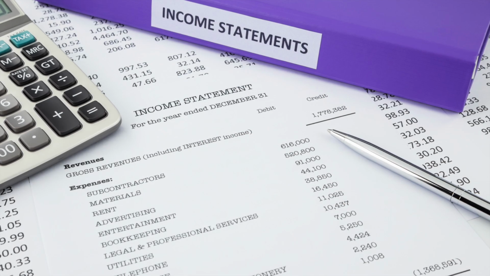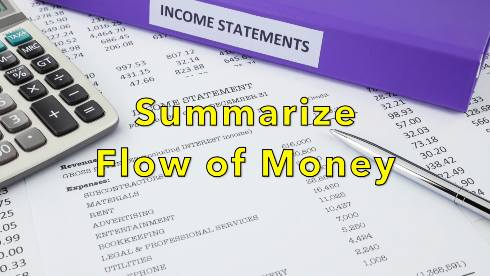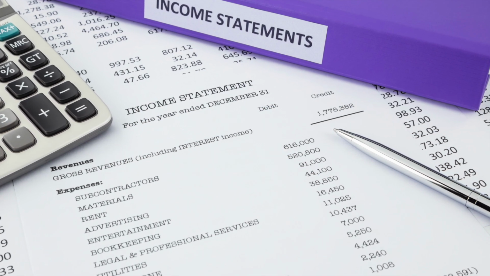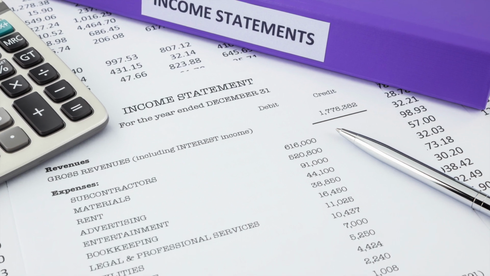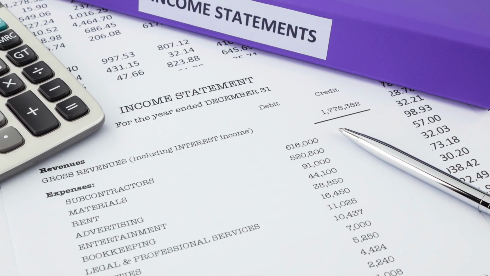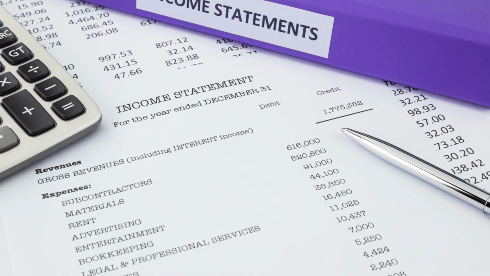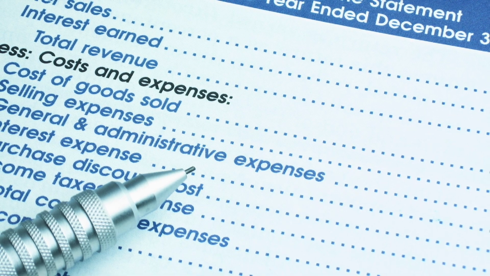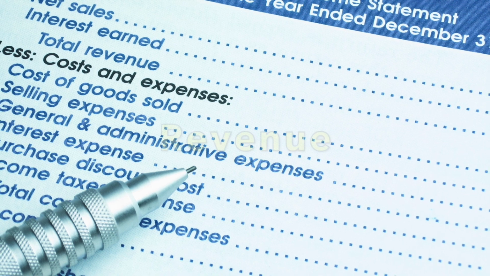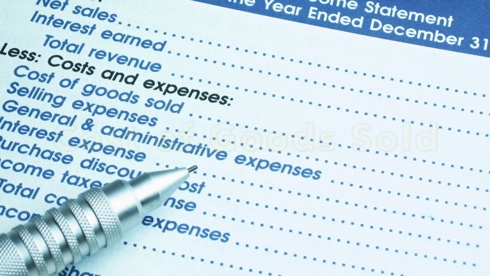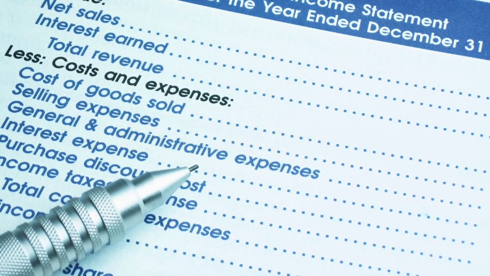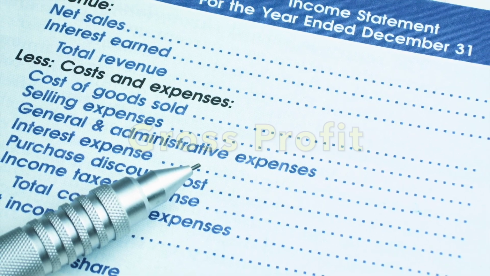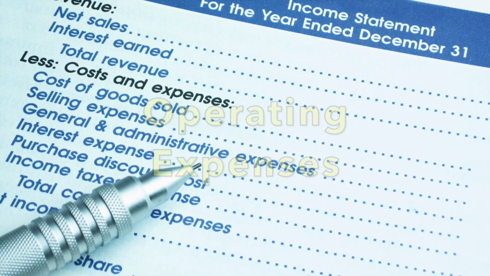Income statements summarize the flow of money in a business, where it comes from and where it goes. Income statements show income and expenses over a span of time, such as 1 year. Income statements show 5 main financial components: revenue, cost of goods sold, cost of sales, gross profit, operating expenses, and